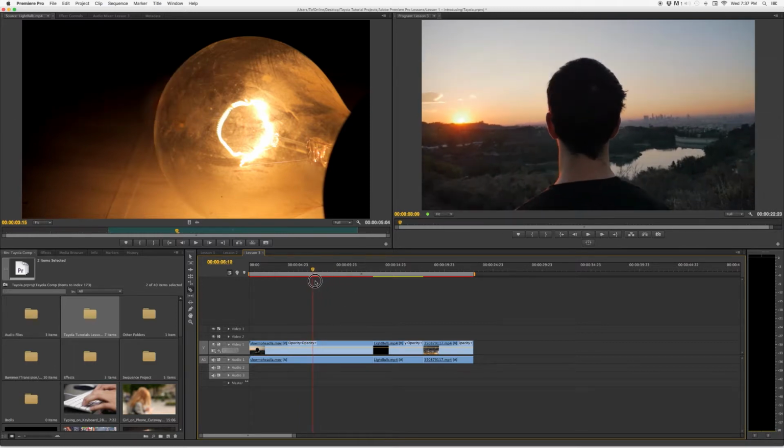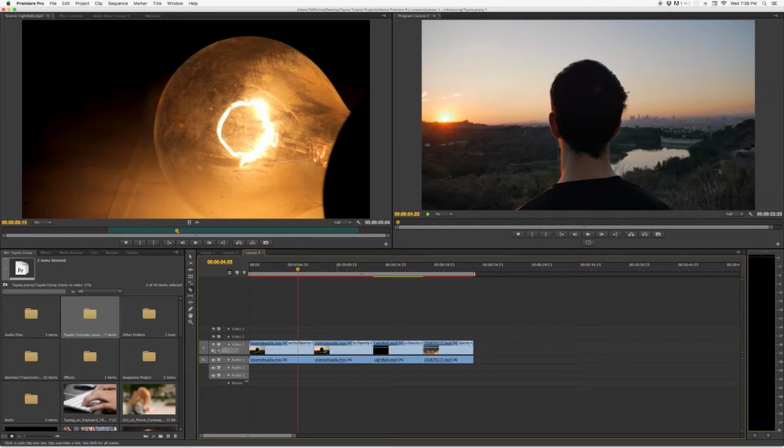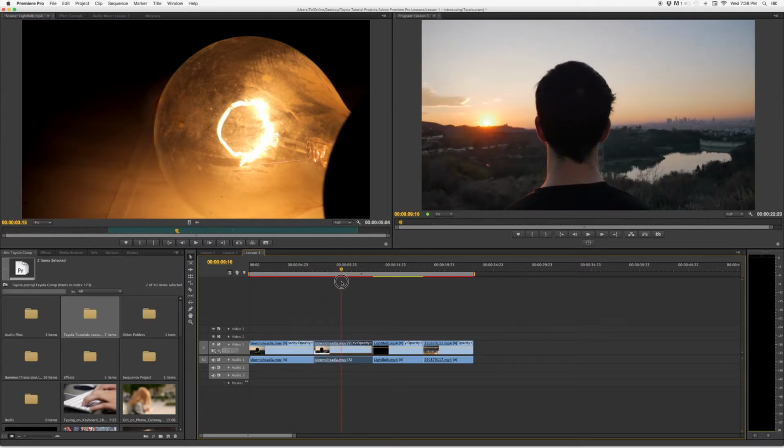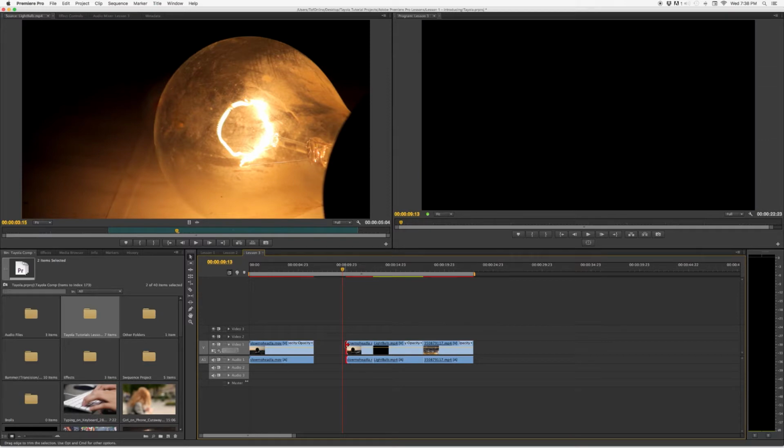What we do is select a clip that we want to cut in half. If I use this razor tool and cut in half, you see that particular clip is split in half. But let's say you want to take a little bit more of that particular clip from here. So instead of just dragging that